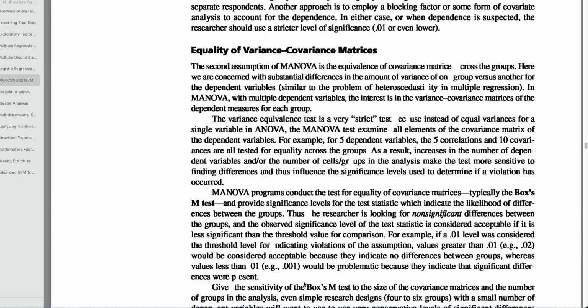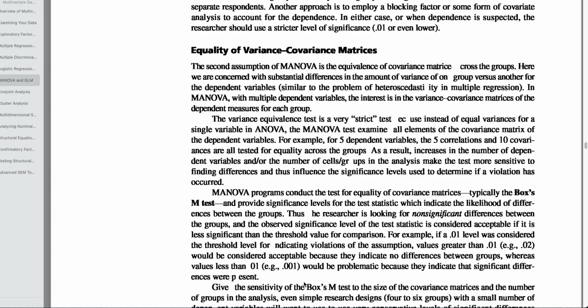The second assumption of MANOVA is equivalence of covariance matrices across the groups. Here we are concerned with substantial differences in the amount of variance of one group versus another for the dependent variable. Similar to the problem of heteroscedasticity in multiple regression, in MANOVA with multiple dependent variables, the interest is in the variance-covariance matrix of the dependent measurements for each group. The variance equivalence test is a very strict test instead of equal variance for a single variable